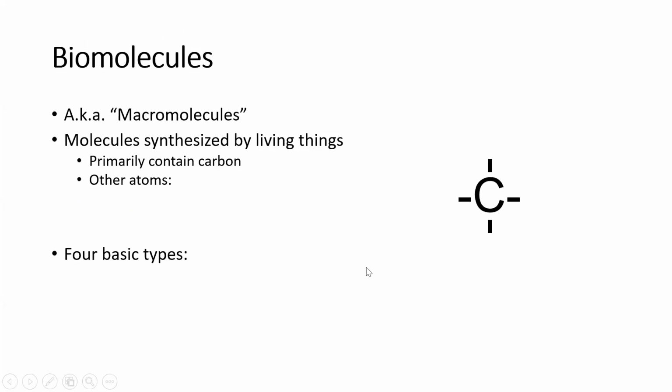All right, so let's move on to actually talk about what these biomolecules are. These are also called macromolecules, again, molecules that must be synthesized by living things. They're primarily made of carbon, but we've got other atoms involved in different proportions. We have oxygen, hydrogen, nitrogen, and then we can also have things like sulfur and phosphorus as well in smaller